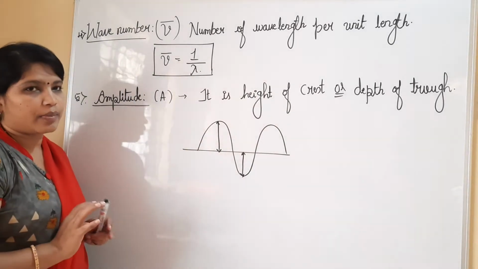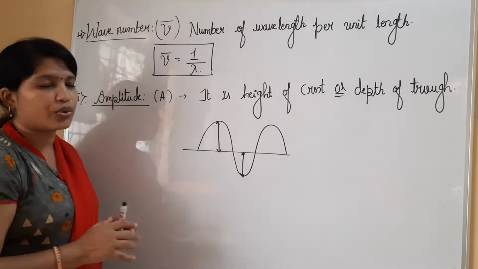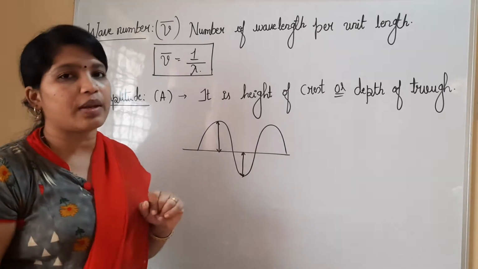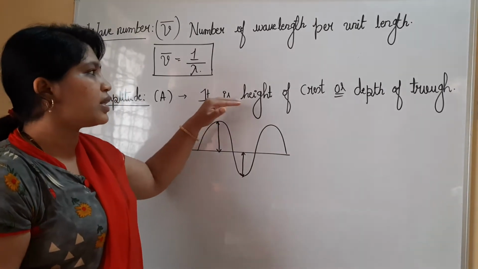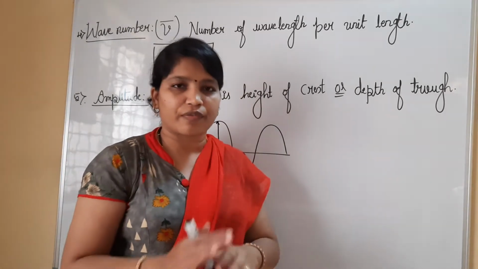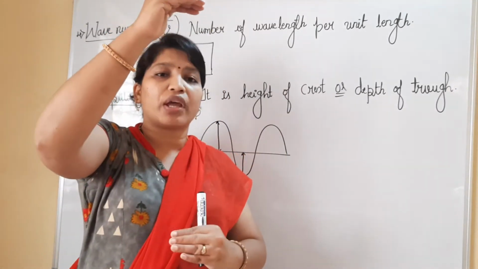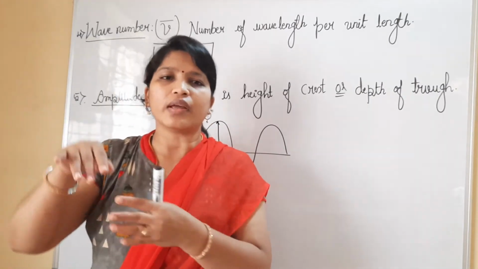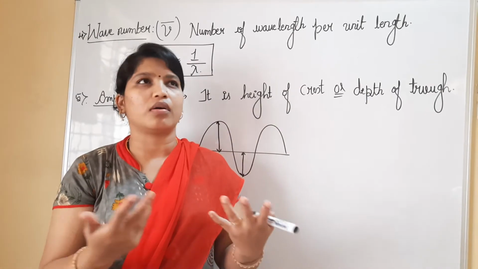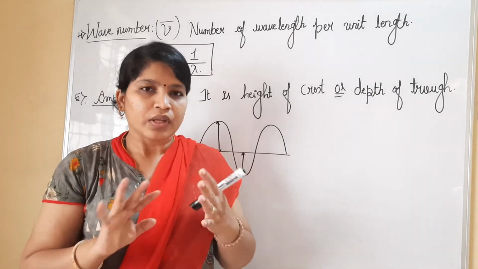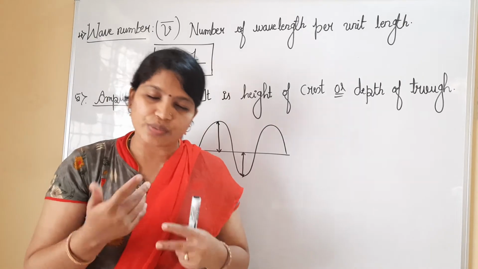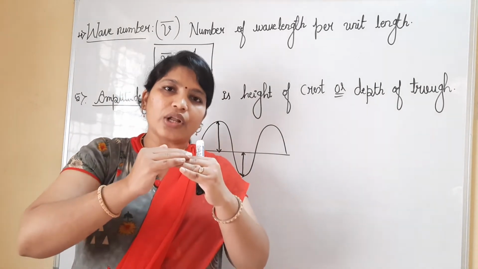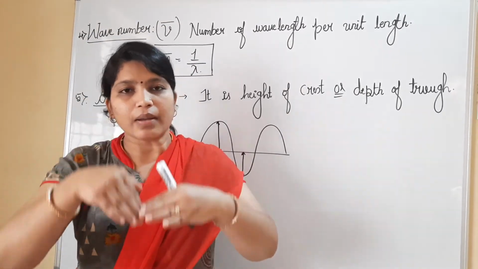One more parameter we have to understand last, that is amplitude. It is going to be represented as A. Now see, what do you mean by amplitude? Amplitude is the height of the crest or the depth of the trough. To which height a particular wave is moving, to which depth a particular wave is moving, in a vacuum or any medium. It doesn't require any medium, as we all know, but still it will be represented by a particular height or a particular depth.